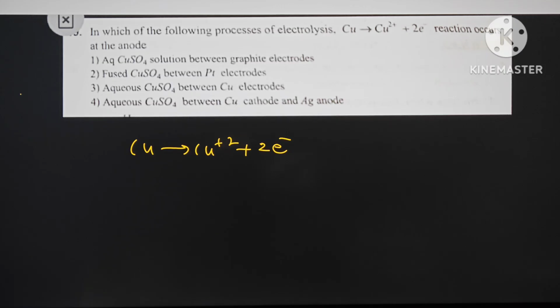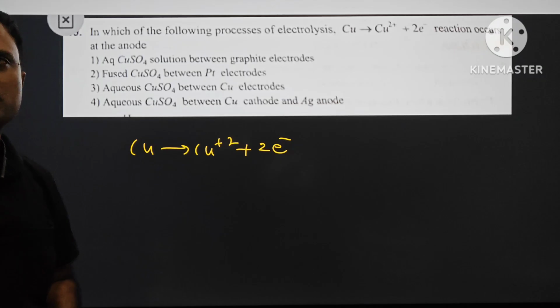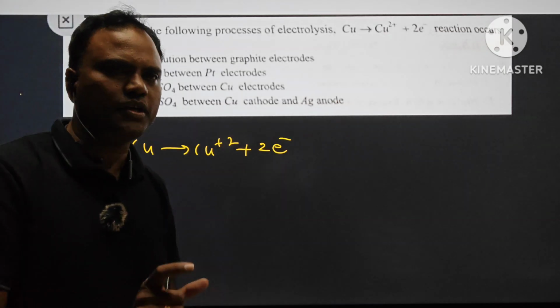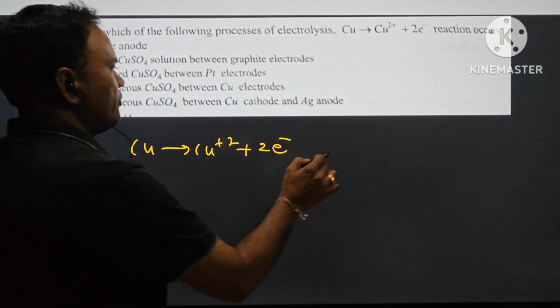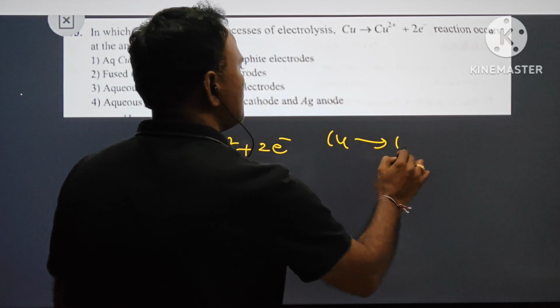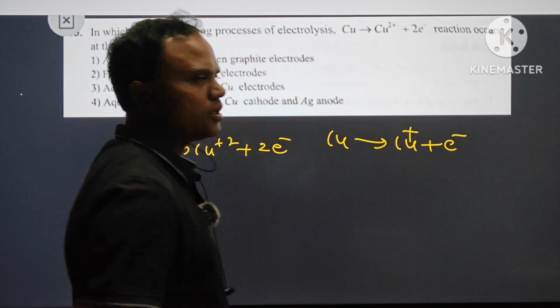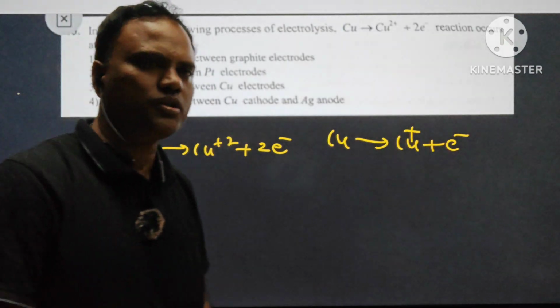Online students, are you able to see the board? Right, just now I explained. When we remove electrons from the metal, when an active electrode is mentioned,